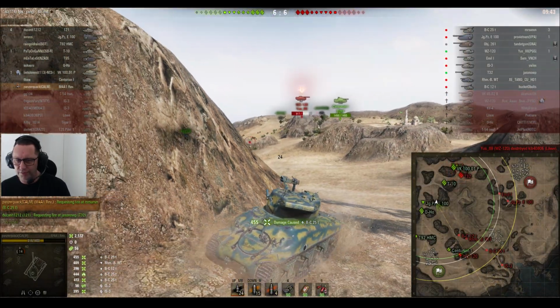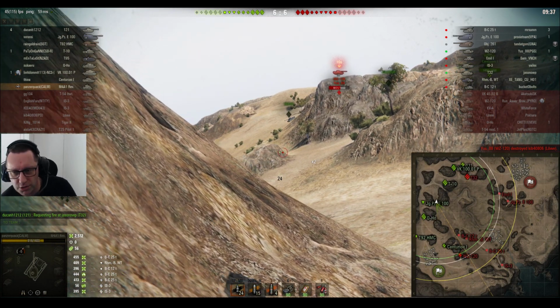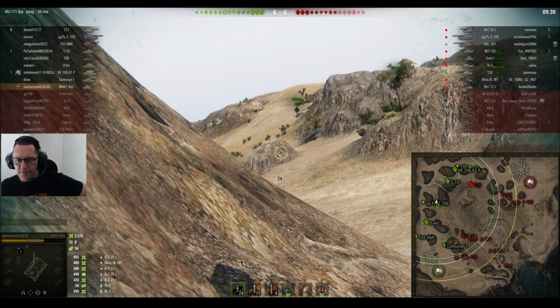He does, for 455 damage. Takes him down to a one-shot for anyone on his team. And the score is 6-6 as the Lowe goes down in that heavy battle. Looks like panzerquack's team has won the heavy battle in the northwest, and they're advancing on that